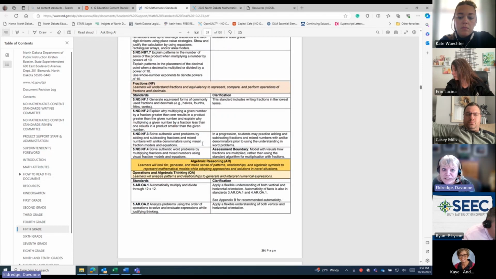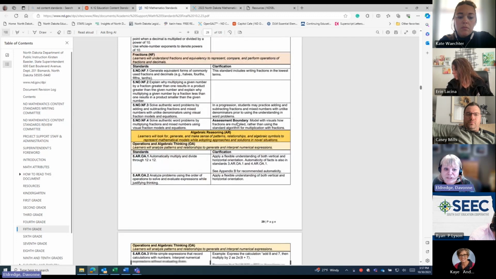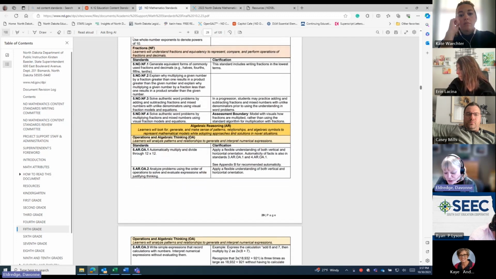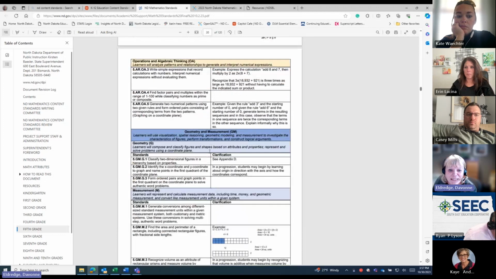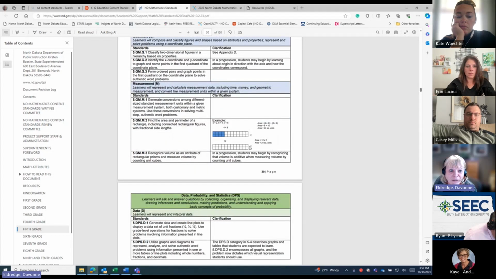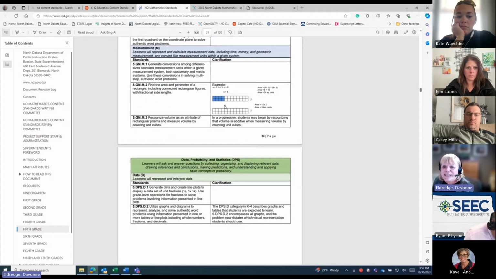One of the things that we did do within the fraction, you will see that there are some areas where they're supposed to identify up to like 1/8 of an inch, but they didn't go to 1/16. So districts may want to make sure they add those 1/16 of an inch in there when you get to the measurement area, because that's something that's important for career and technical education, and we kind of messed up there a little bit. So we're open. We admit we messed up a little bit. We forgot that part.